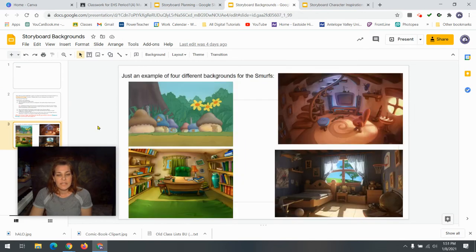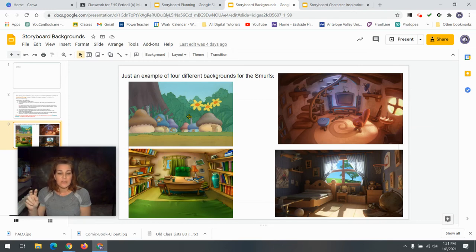So I do have examples here because I told you I was choosing the Smurfs and I told you what my activities are. These are some of the backgrounds that I would choose. And then instead of saving them here in the Google Slides, you're actually going to download these images to the assignment called, conveniently, Storyboard Backgrounds.